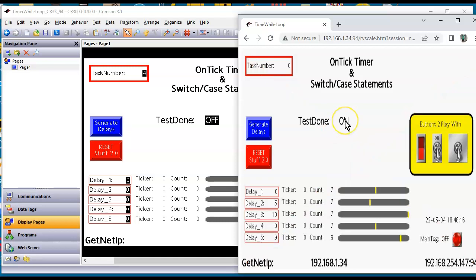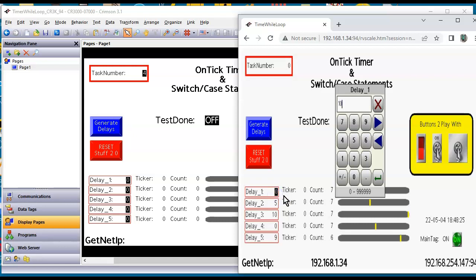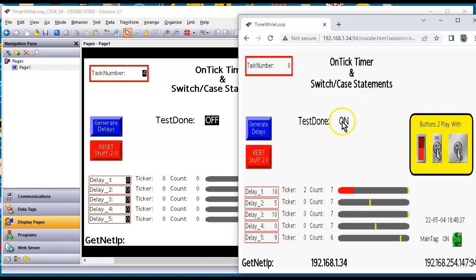Okay, instantly you can see it's already on. It's on because the delay here is set to 0. So if I click here and change this to, say, 10, for instance, it's already on, but I need a way to reset this. So if I go ahead and reset this, okay, it tripped already on. What we need to do